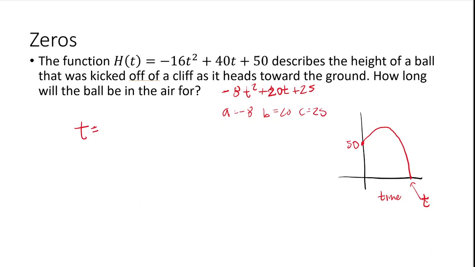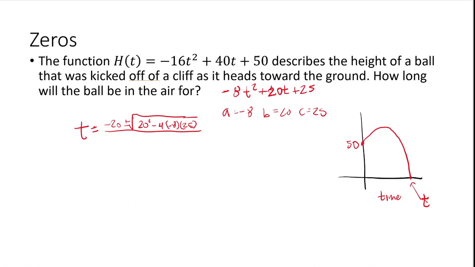So we can plug this into the quadratic formula. Negative b gives me negative 20 plus or minus the square root of, and any way you want to solve for roots here, if you could factor this, then you could factor it. If not, then you could use completing the square or the quadratic formula. 20 squared, b squared, minus 4 times a, which is negative 8, times c, which is 25,